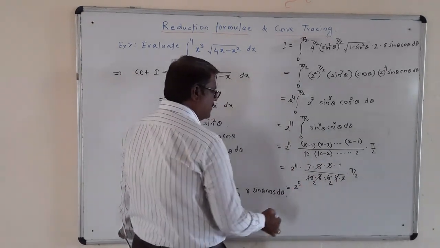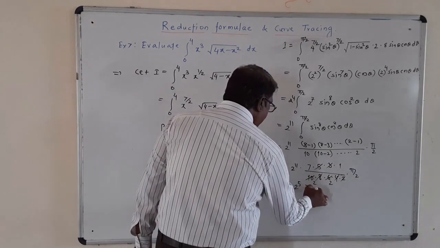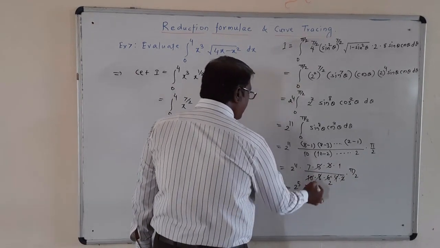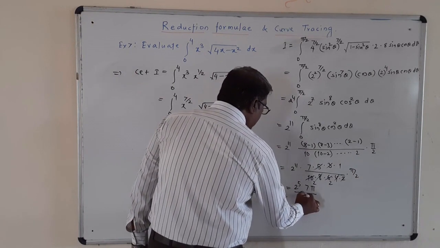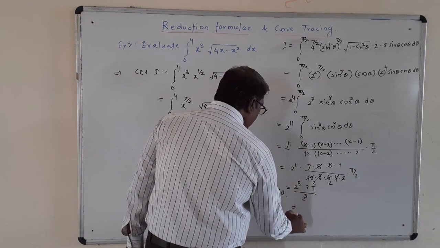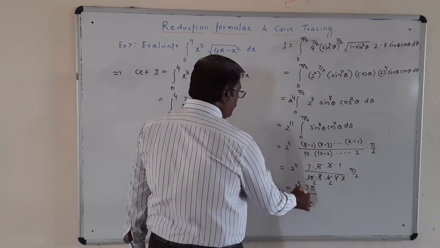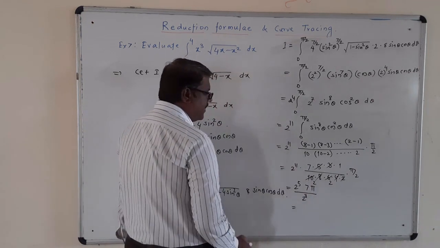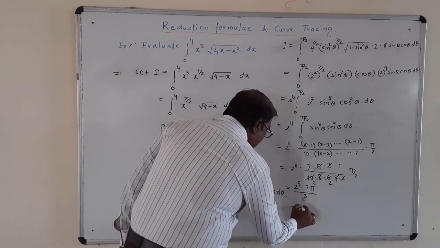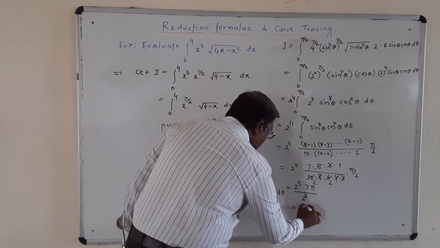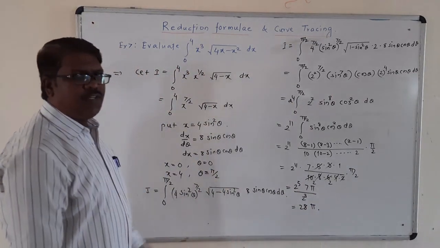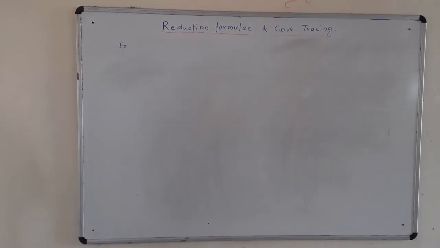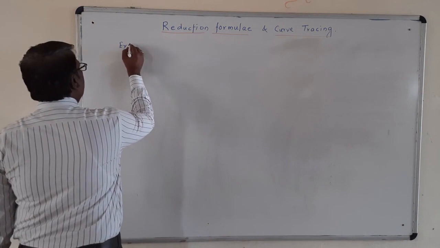So the product is 7 pi divided by, here it is 2, and again one more 2, it is 2 cube, and here 2 cube will get cancelled, it is 2 square, and 2 square is 4 into 7, it is 28 pi. So the answer for the given example is 28 pi. Okay. Now the next example, that is example number 8.